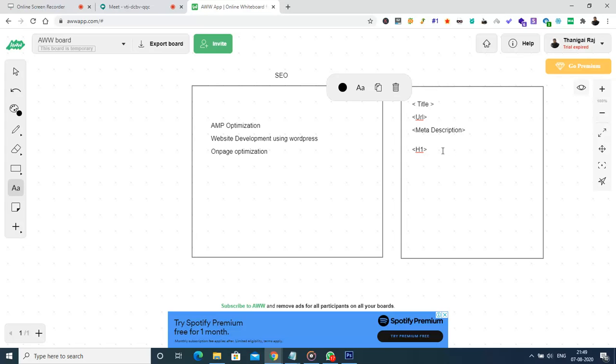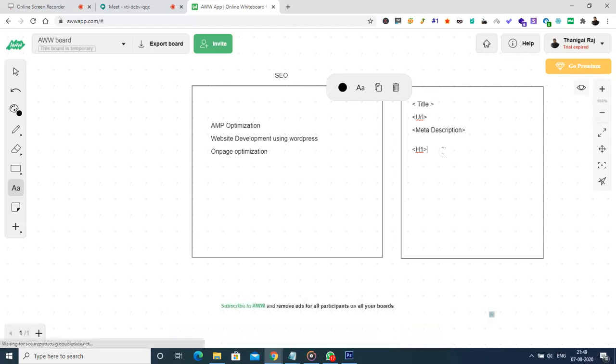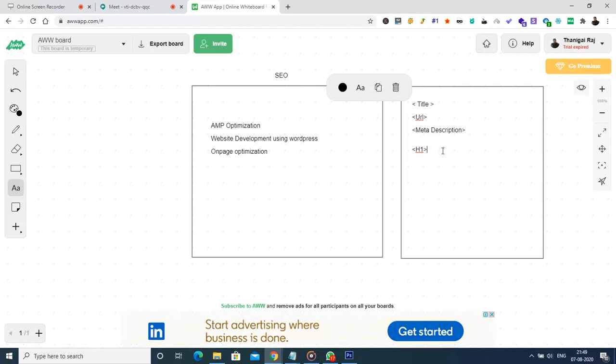Among the many tags which we can use for the text version, one of the important things is the H1 tag. Then we can use the H2 tag, then H3 tags. These tags are used for representing the headings of the particular website. So we have H1, H2, H3, H4, H5, and H6. After these heading tags, we have the other tag, which we call the paragraph tag.